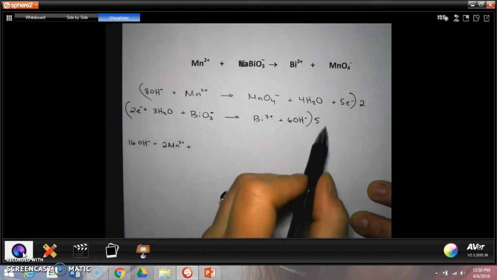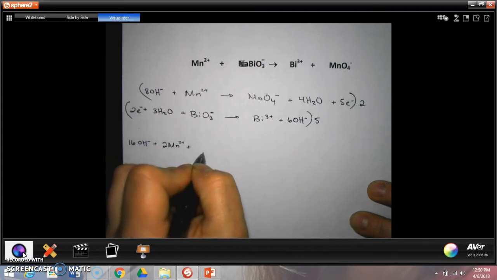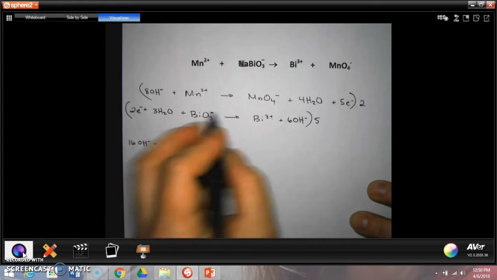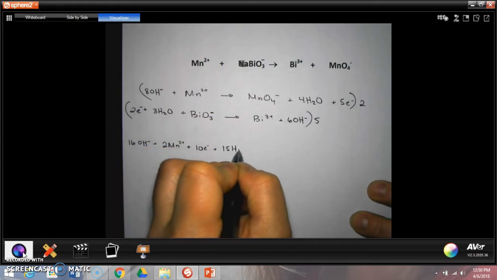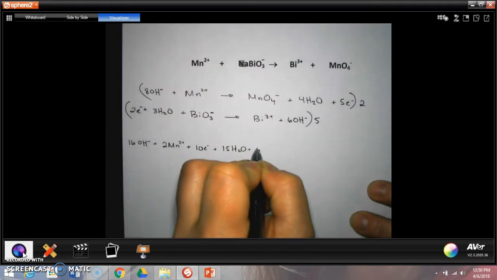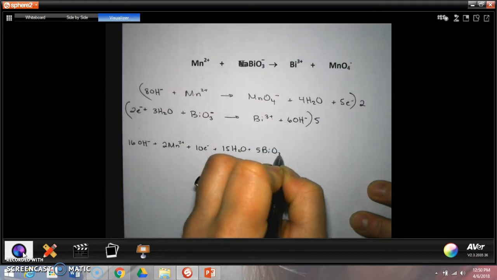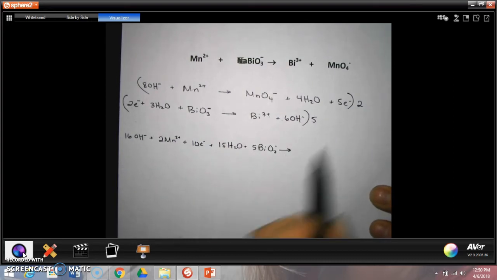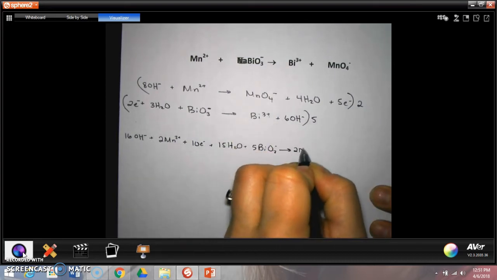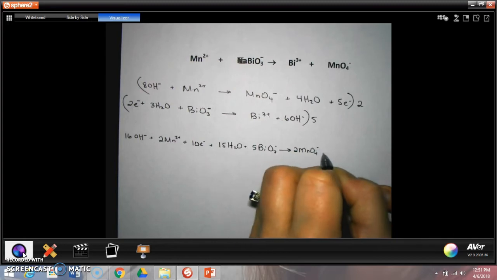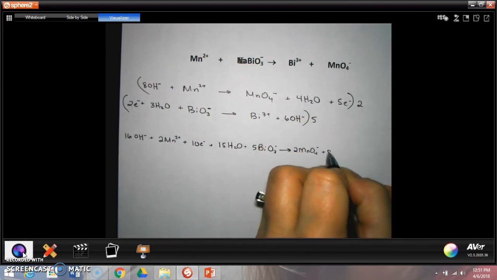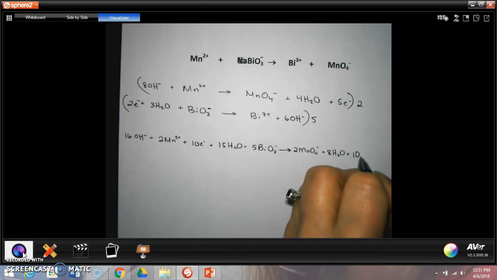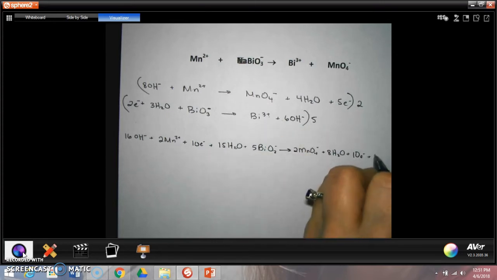Going to the bottom, I've got 10 electrons, 15 waters, and 5 BiO3 minuses. Then on my product side, I've got 2 MnO4 minuses, 8 waters, and 10 electrons,